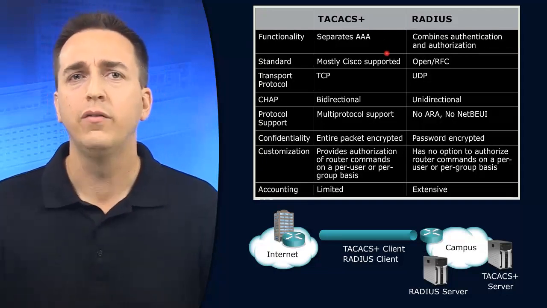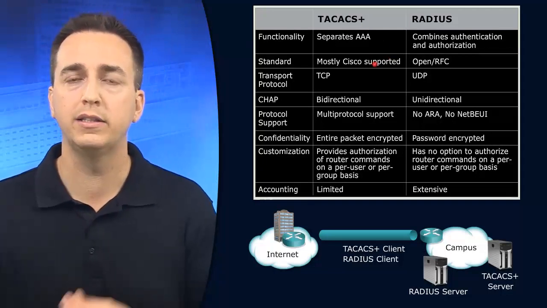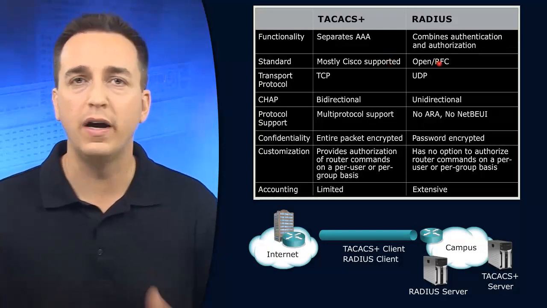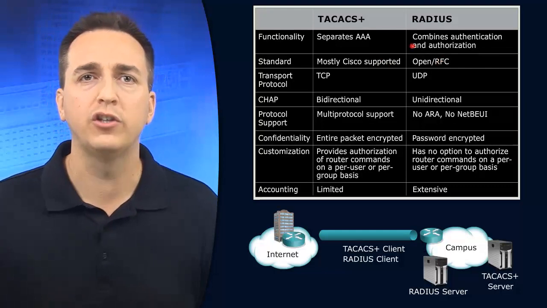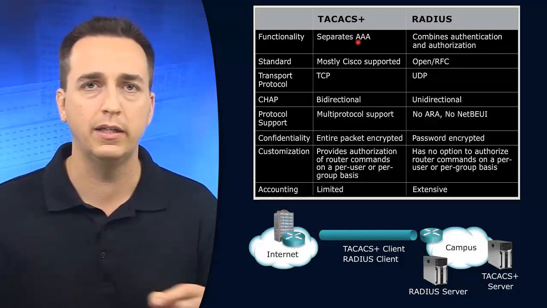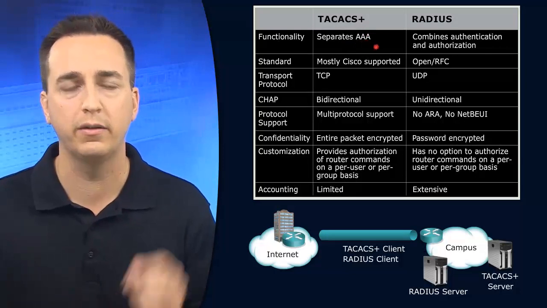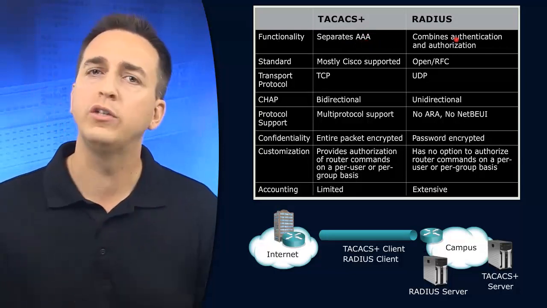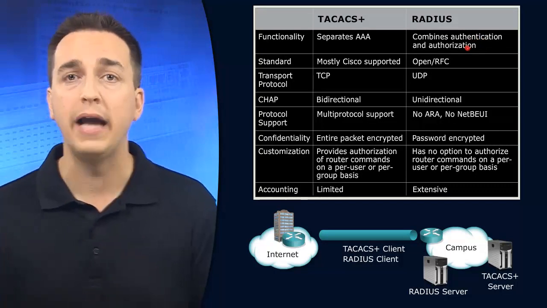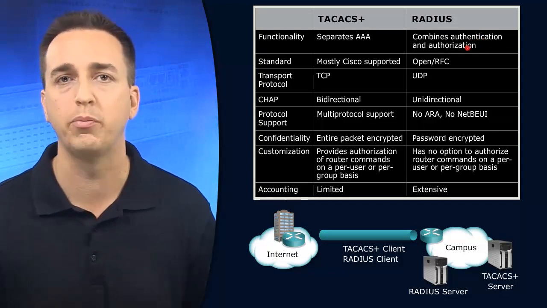You can see that for TACACS Plus, we're looking at a Cisco supported standard, whereas Radius is open, defined by RFCs. Functionality for TACACS Plus, everything is completely separated out. So authentication, authorization, and accounting, completely different functions. Whereas Radius, the authentication and the authorization has been combined, and accounting is the only thing that's separated from those